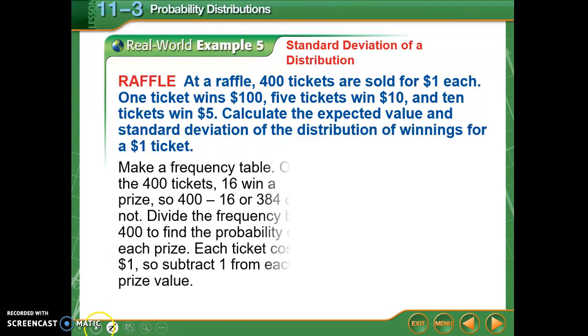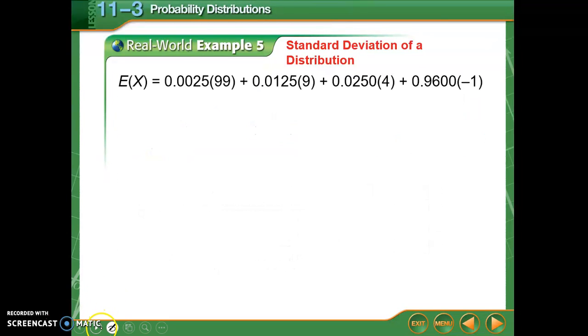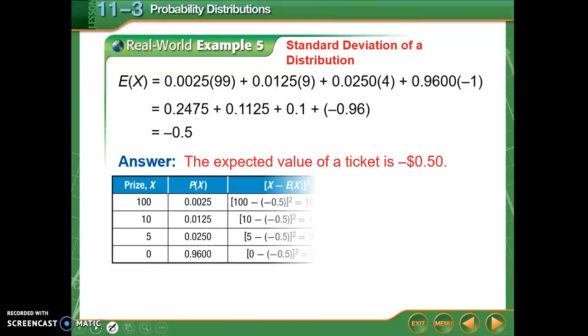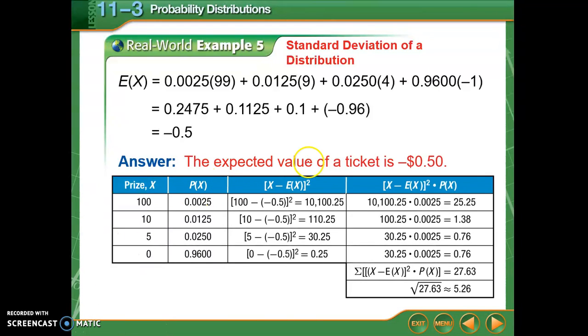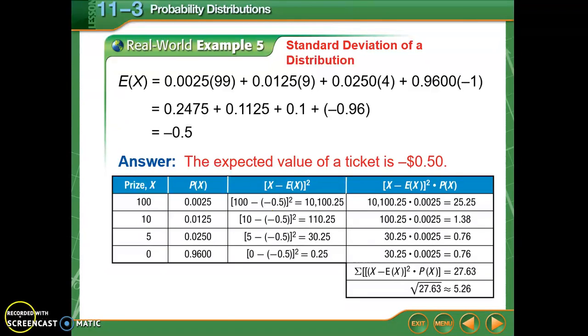So if I were to do standard deviation in this situation, we don't have a ton of time to show it. We can finish going over it tomorrow, but if I look at my expected values, the expected value of a ticket would be -50 cents. Sorry, this keeps moving on me and I'm not sure. And here they're showing you how they got the standard deviation. We'll talk more about that